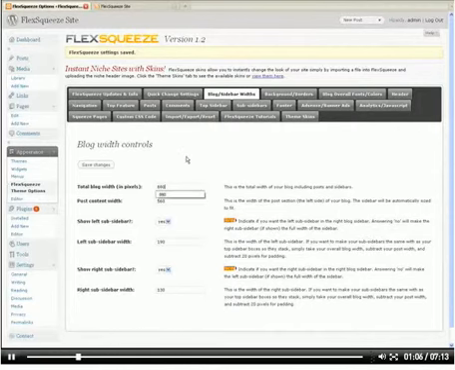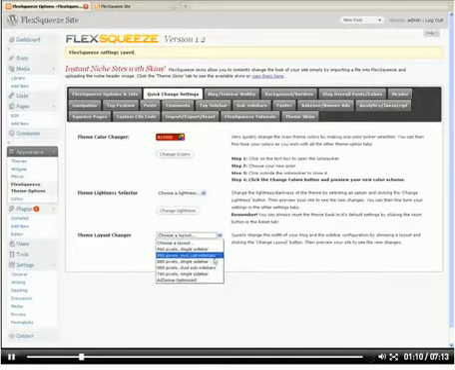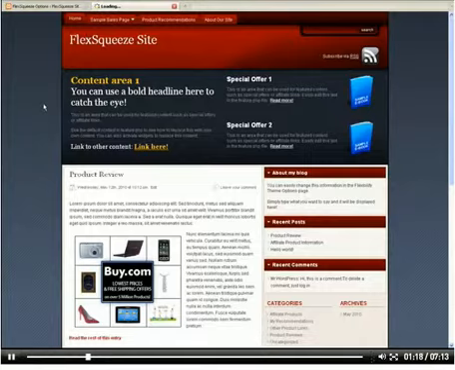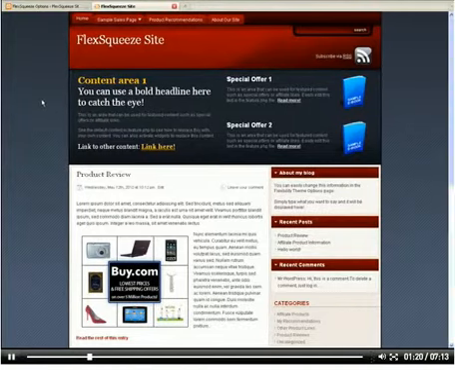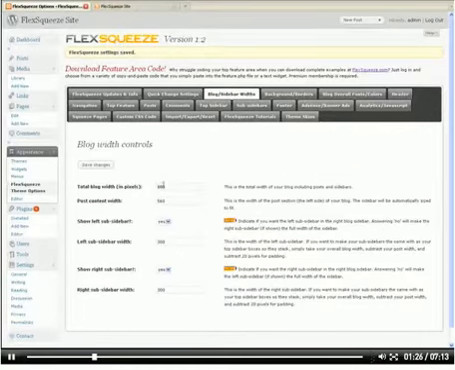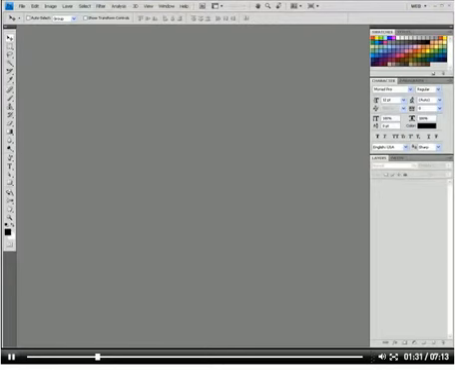So I'm going to make this one a little bit narrower. Actually, let's just use a quick change to 880 pixels. So that'll give us a little more room so you can see the effect. Do an F5 refresh. Okay, so now we know that the width of our blog is 880 pixels. So I'm going to switch into Photoshop